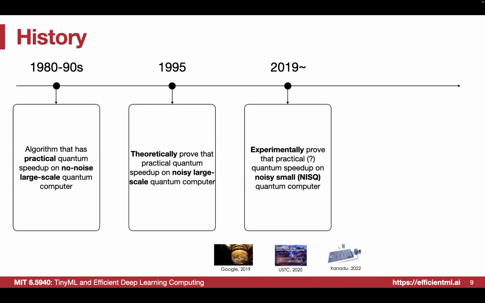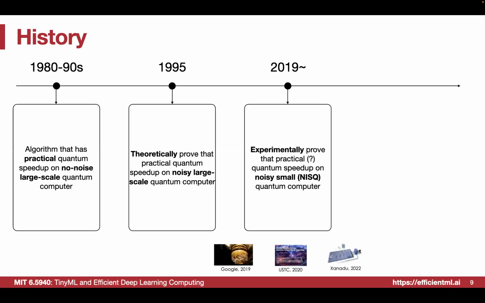So that's why 20 years later, people finally build some machine that is not that large, but intermediate scale with tens to hundreds of qubits, and people are trying to show some advantage at this stage, trying to make sure this technology can already generate some value, no matter how large or how noisy it is.